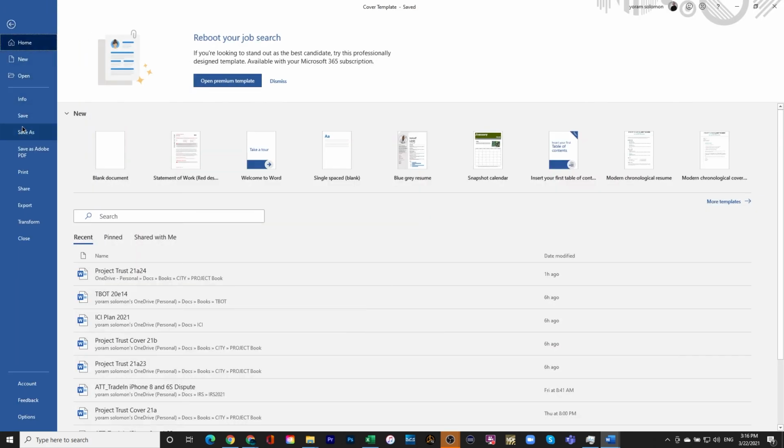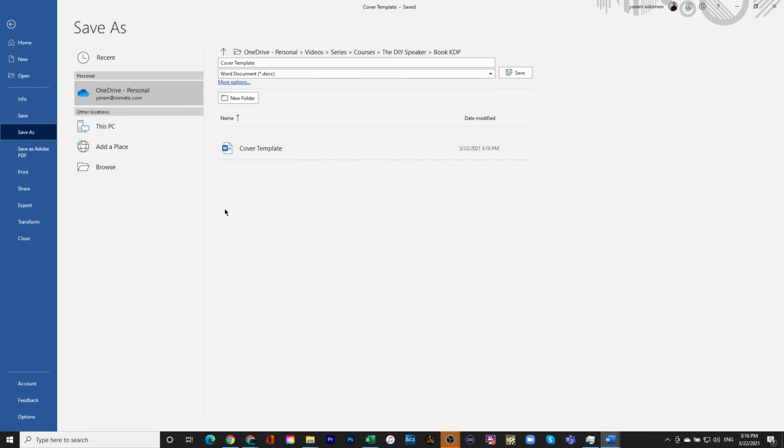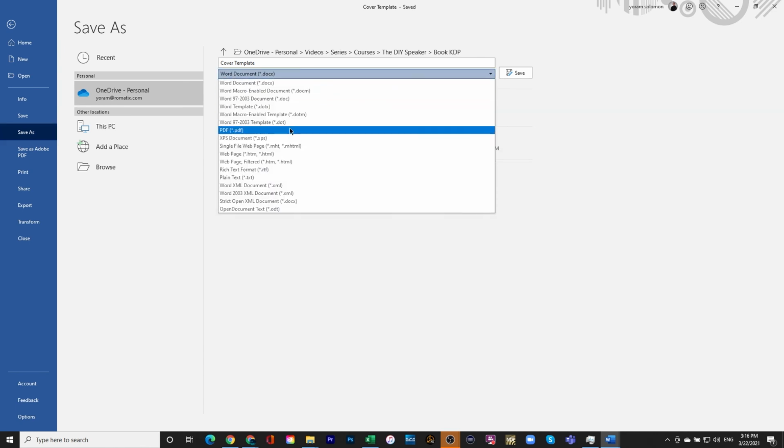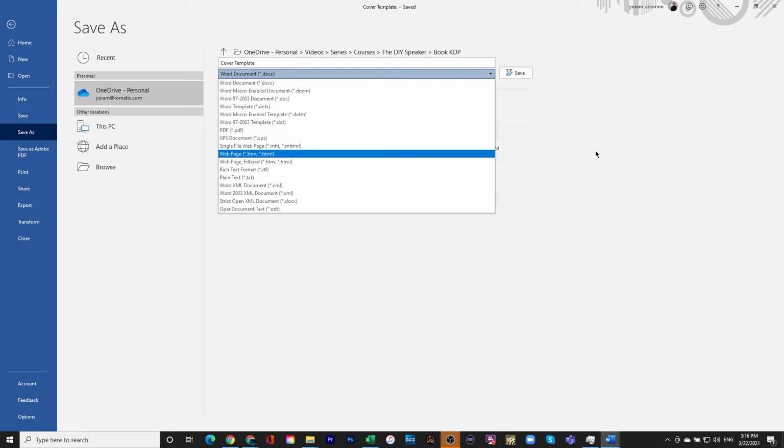Now I can save it. They will not accept doc. As far as I know, they would not accept a Word document for a cover. But what I need to do is save it as PDF. So I can go down here and click on PDF. Don't do that. The reason not to do that is because PDF is a proprietary protocol or specification for Adobe, created by Adobe Acrobat. One thing that they allow other pieces of software, such as Word, is to save in this format, but they